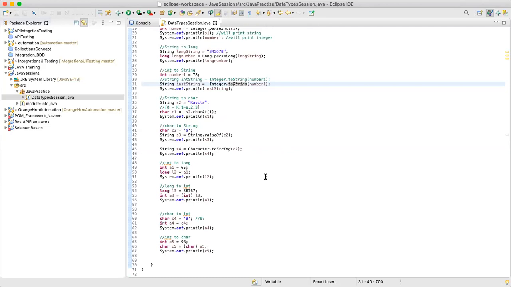Since this was the first session, I'm not aware of how many people have already practiced Java. If you feel there are any small topics we can cover, we can include them in the next session.